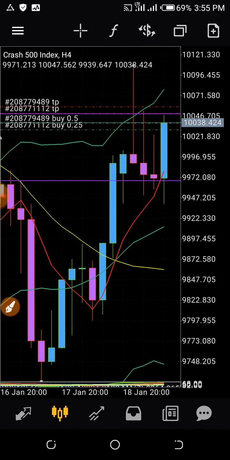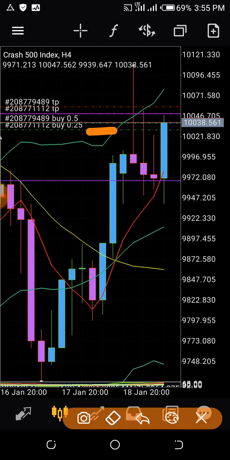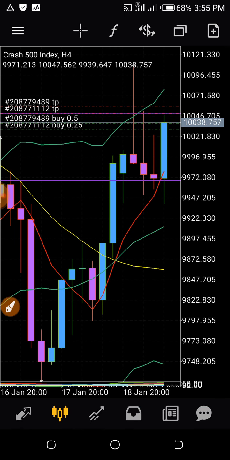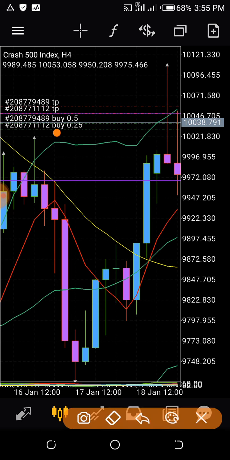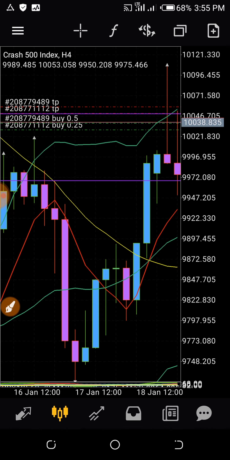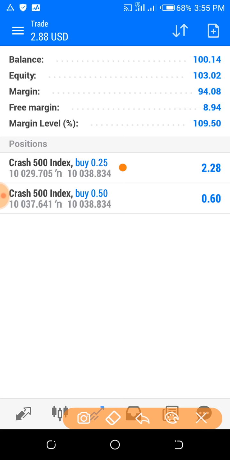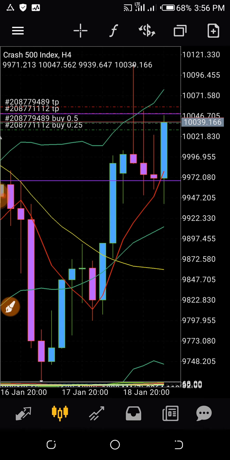Coming back to this trade, you will see there are two green lines. There's one below and there's one on top. The one below is where I entered at a risk level of 0.25, which is this. By the time this trade delivers, I'm expecting to have about $5 on this trade. So coming back to the charts, why did I take the trades at those points?